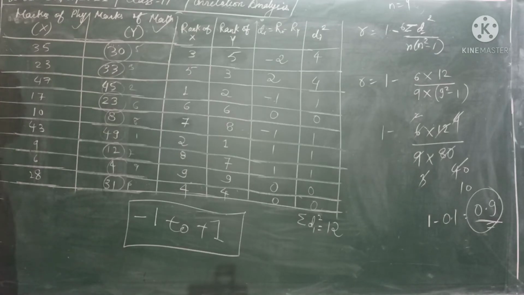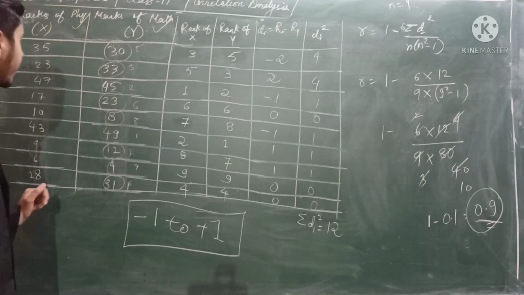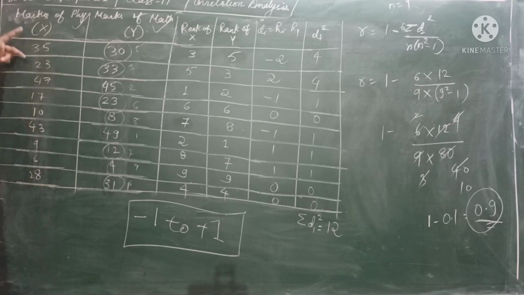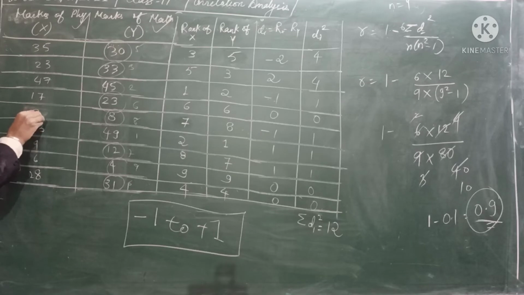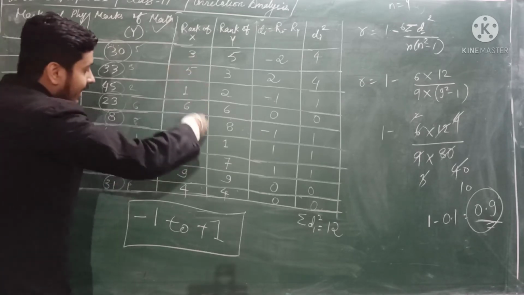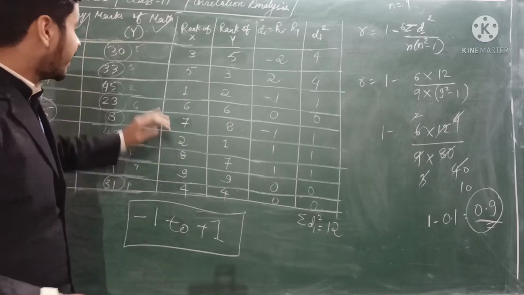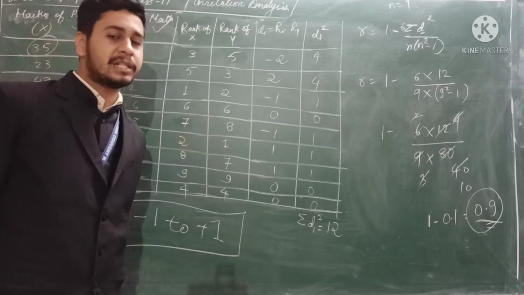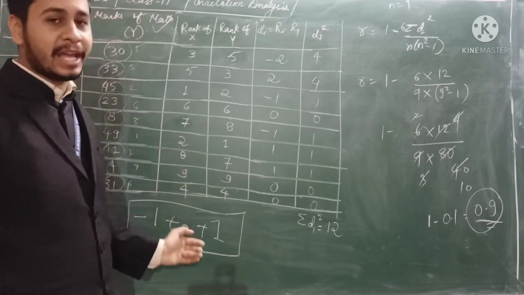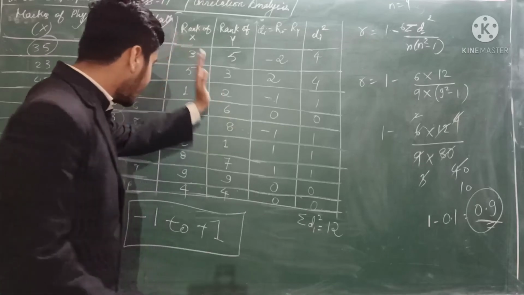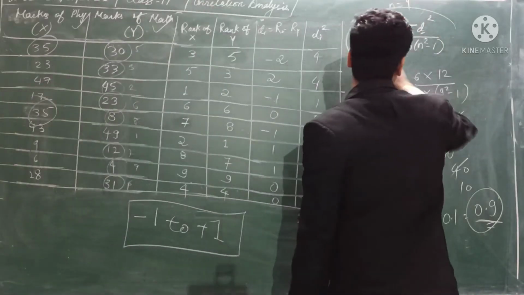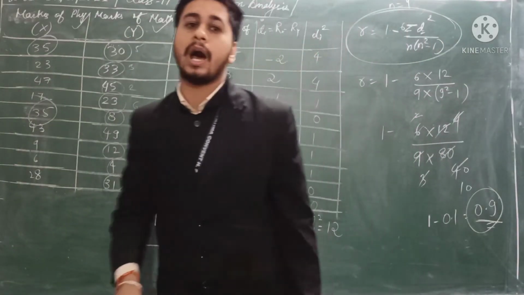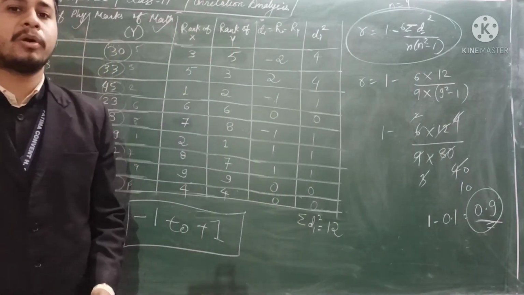Now one question should arise in your mind: if the marks are repeated, say for example, in place of this 10, if it is 35, so there are two 35s, then what rank is to be given? Are the two ranks the same? So let us answer that question: if there is a tie in the rank, then what changes in this particular thing and what will be the change in the formula? That is what I was talking about, the ties.